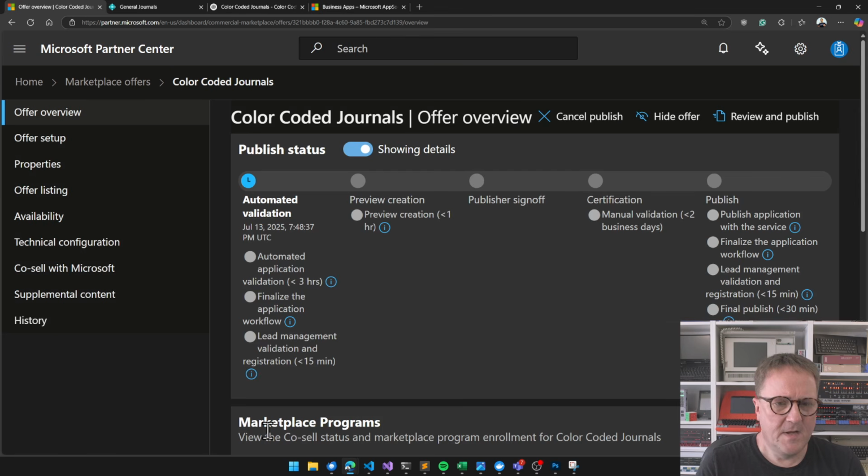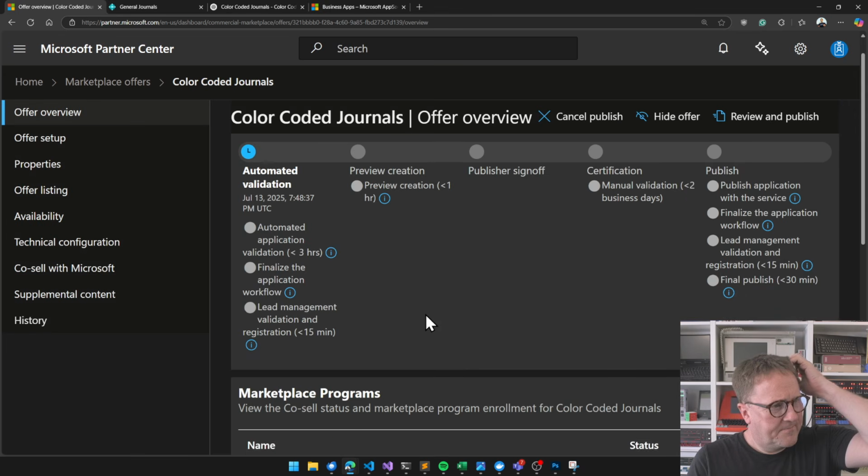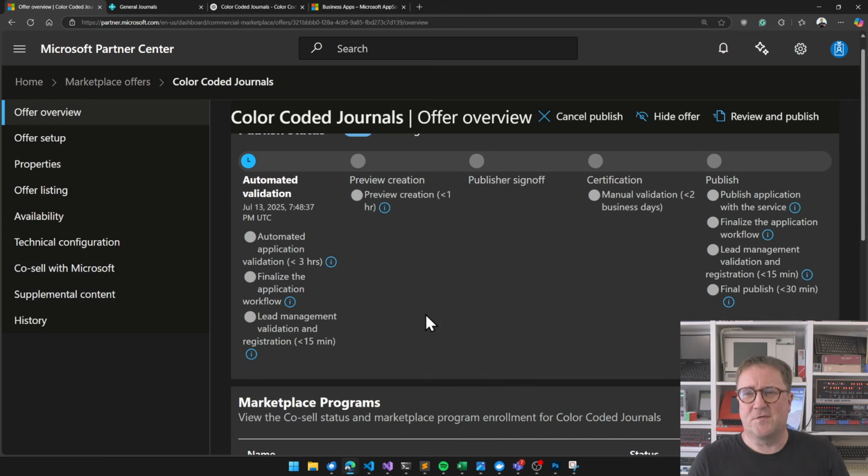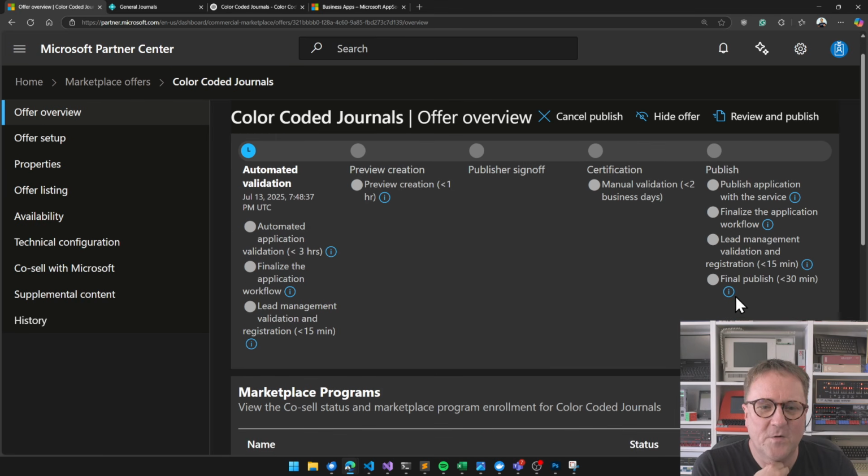So here we go. Now this is the progress bar of getting an app on AppSource. You see at the end, final publish. So there are basically 5 stages. The first one is automated validation, and that kicks in now, where basically Microsoft say, okay, your app is available